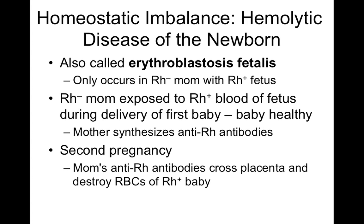Yes? Wouldn't it just be simpler, rather than to risk erythroblastosis fetalis, just to give all mothers Rogam if they're Rh negative? You mean like what? I just mean in general. The thing about